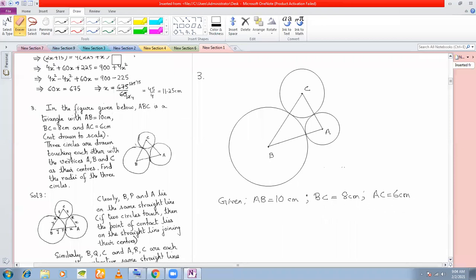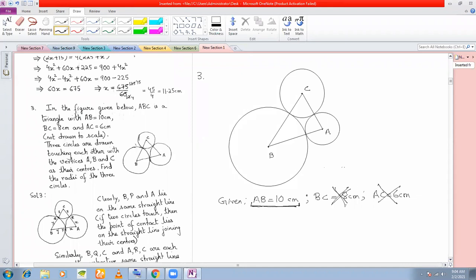Say if I had given you AB is equal to 10, then can you solve this problem? A twist in the question. Suppose I had only given you AB is equal to 10, and I don't give you these two pieces of information, then can you do this problem? Yes, Khushi, tell me, can you do this problem? Apart from AB is equal to 10, what else should be given?